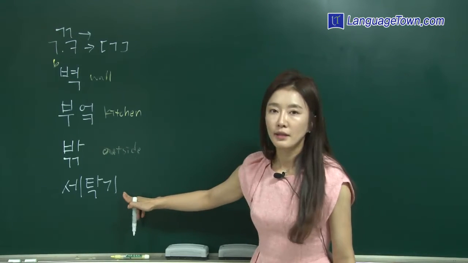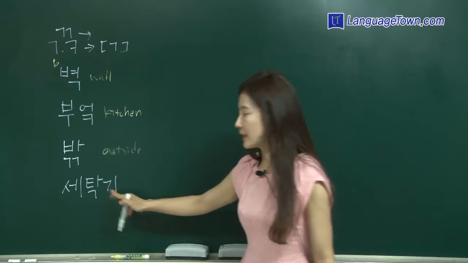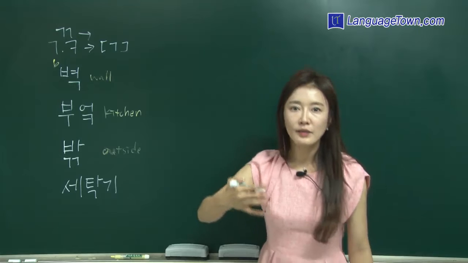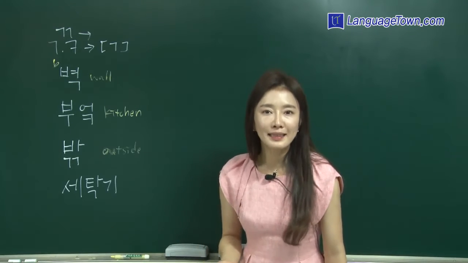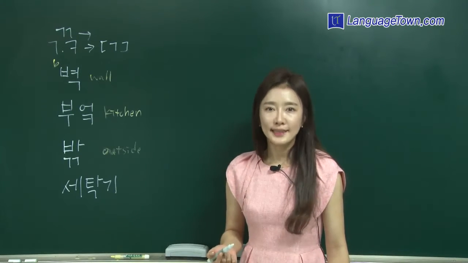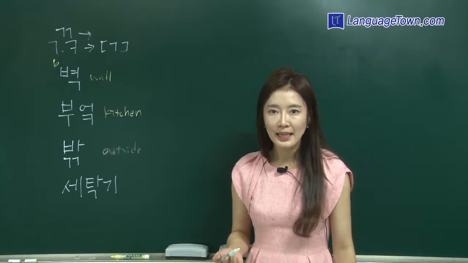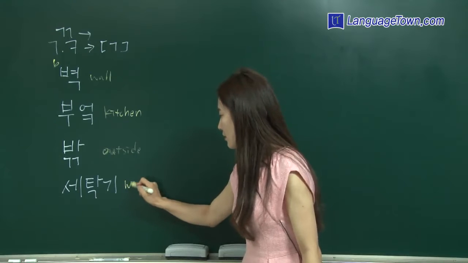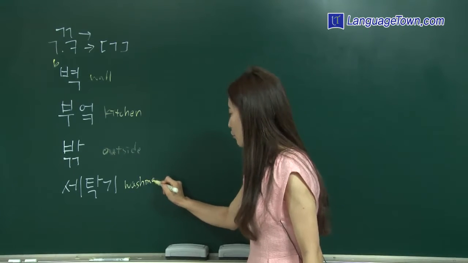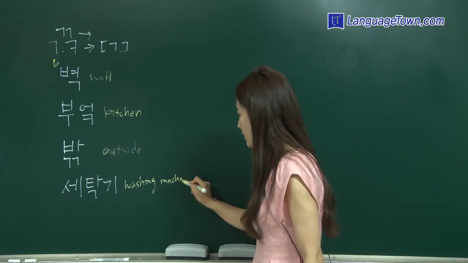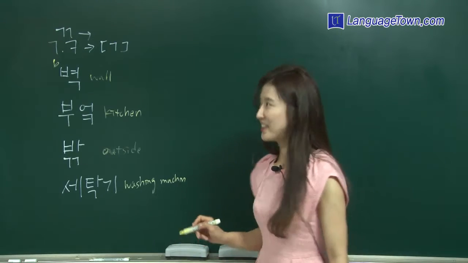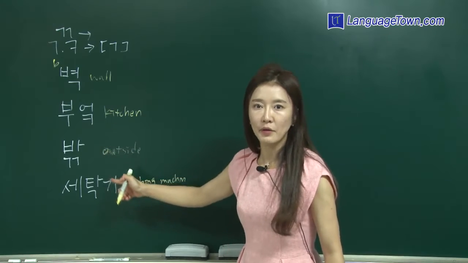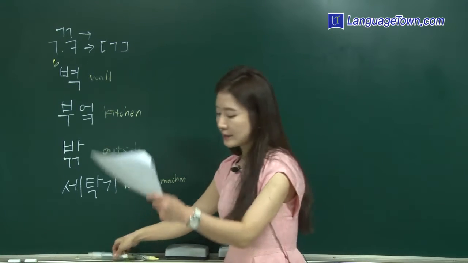And this one? 기. That's it. So 세탁기. Try, repeat after me. 세탁기. Okay. Washing machine is 세탁기. Got it? Very good. Okay, good. This is all the 윽 sound 받침. Okay. And next,